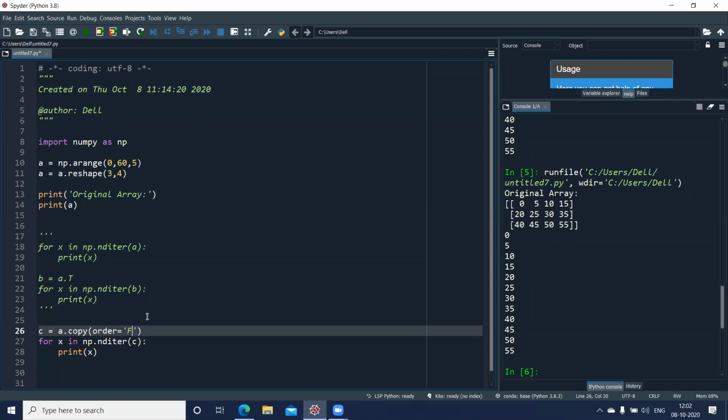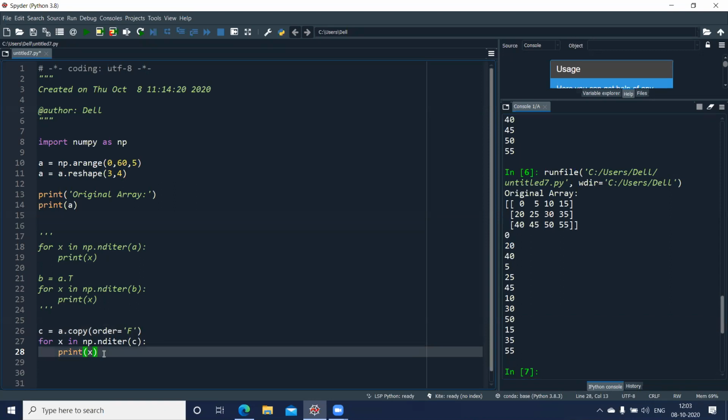So if I change this to F and now I run it, I hope it changes. Okay, here it is. So what's happening now is it is accessing the column first. So you got 0, 20, 40, and then it moves to the next column and so on. So this is the difference between the sort style or the order. One is row major and the other one is column major.